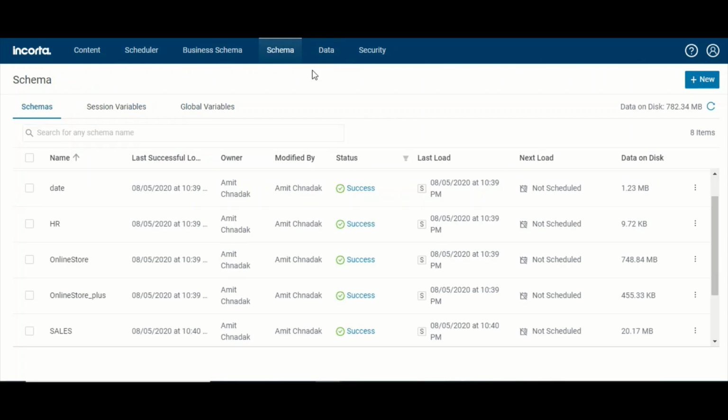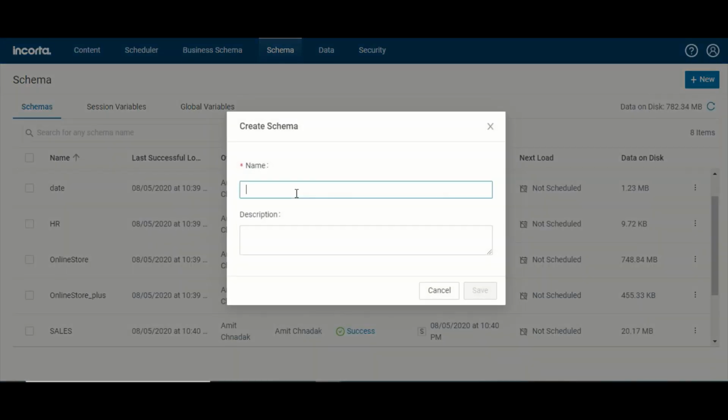So we have loaded our data, and post that we will come to the schema tab. Under the schema we have to create our schema and relationship, and we have to use that. So the first thing we are going to do is create a schema. I will click on the New button on the right-hand side top, and create schema. In the create schema, let me call it demo sales,